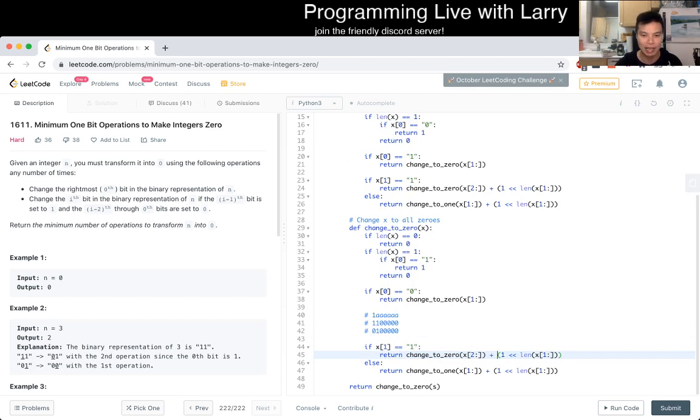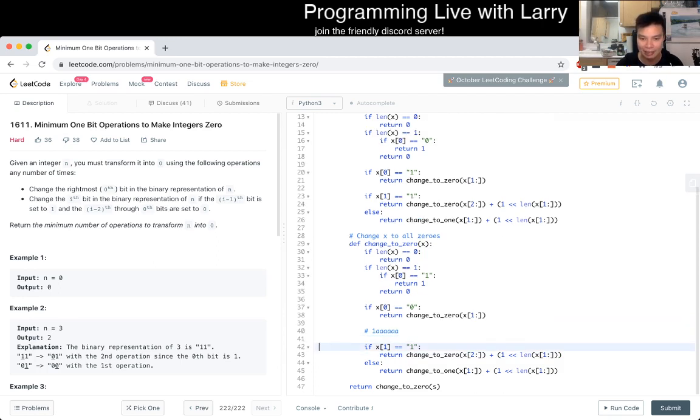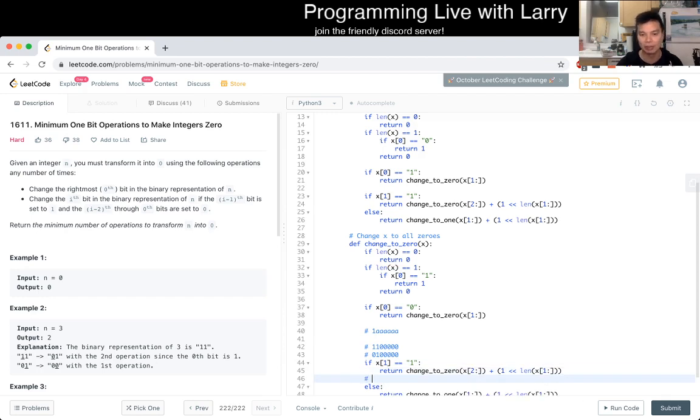So yeah, that's the case if the second character is a 1, and